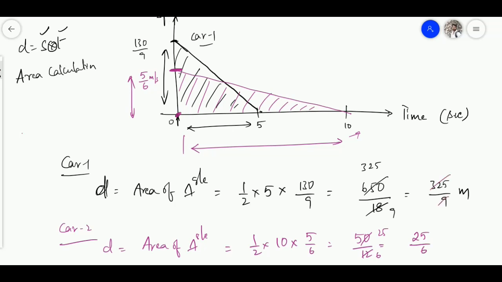So it becomes 36.1 roughly. So car 1 travels 36.1 meters. And coming to this, make it into decimals. Suppose 24, 1.0, 6 ones, 6, 4, around 4.16 or 17 meters. So which car traveled more distance after the brakes were applied? Directly we can say car 1. Car 1 traveled 36 meters after applying the brakes, and car 2 traveled 4.17 only.